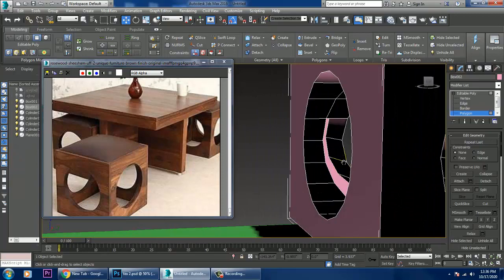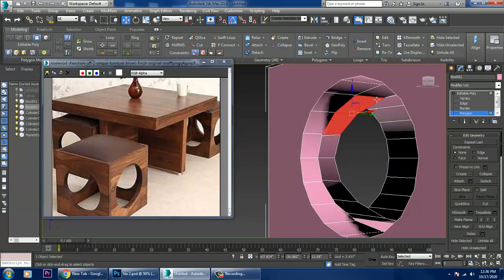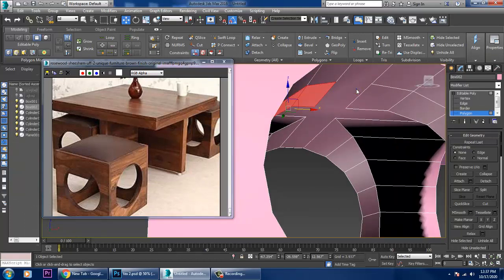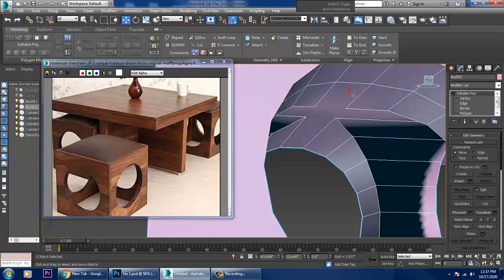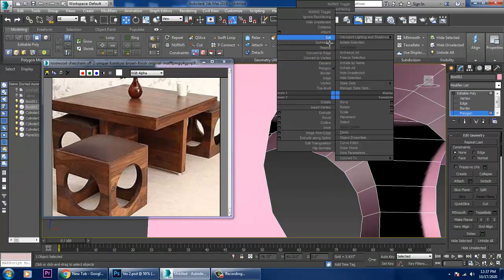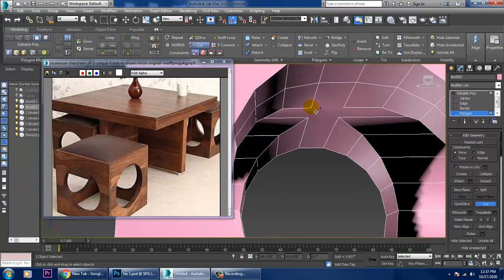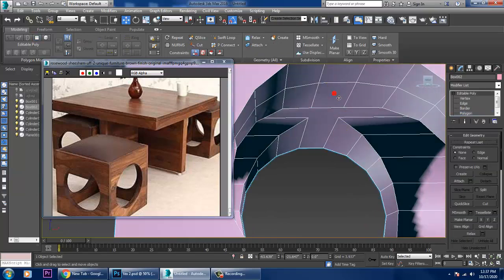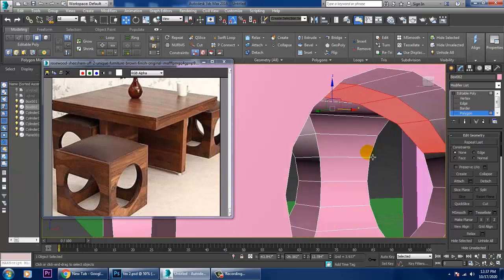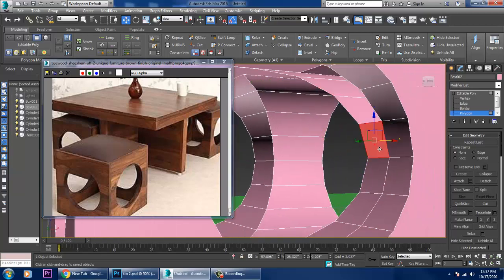So if you're directly doing this, that's the reason. Let's again use a cut over here. Let's use a cut again.